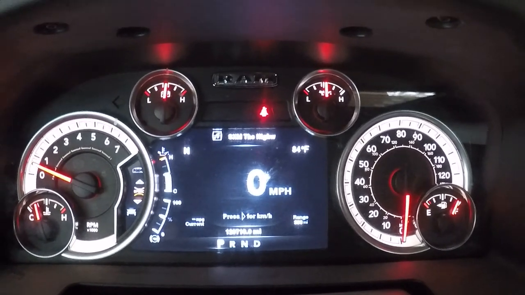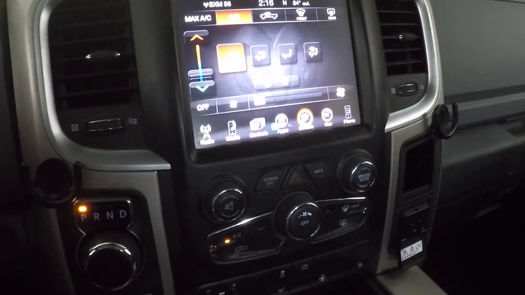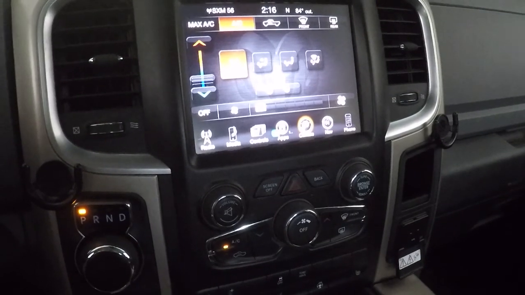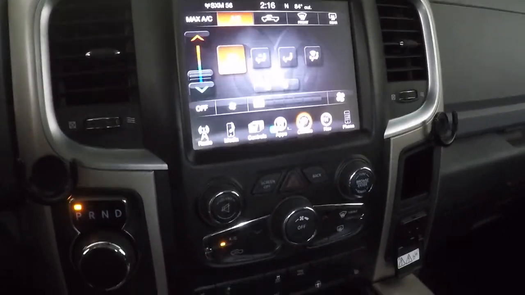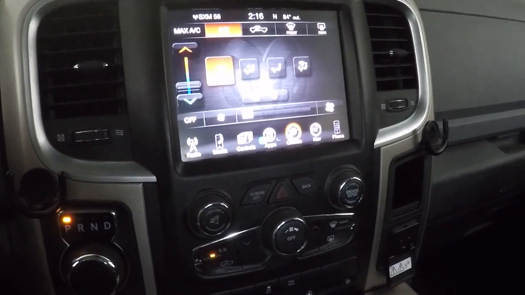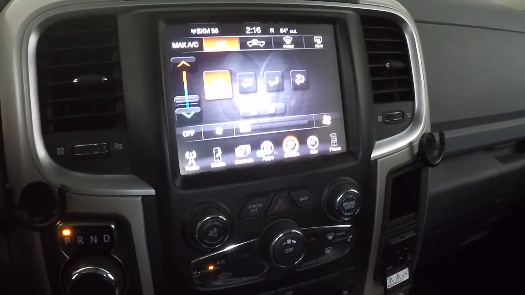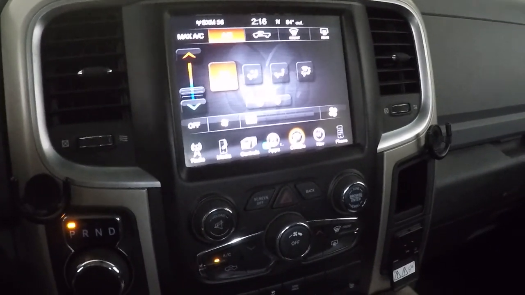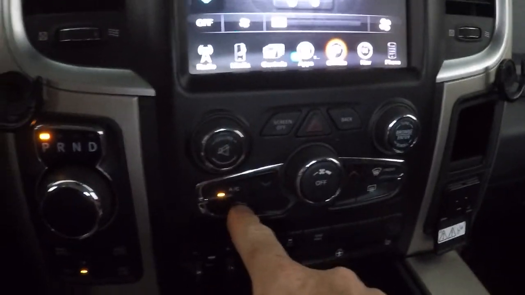Alright, so we're inside the mighty 2014 Ram 1500. It's running pretty good at 120,000 miles, but we've got a little weirdness going on with the recirculation door. And so there's some other oddities. I mean, it cools, the temperatures are fine, no issues, it stays nice and cool where you set it. It'll generally do what you want, but like right now, if I push the recirc button,